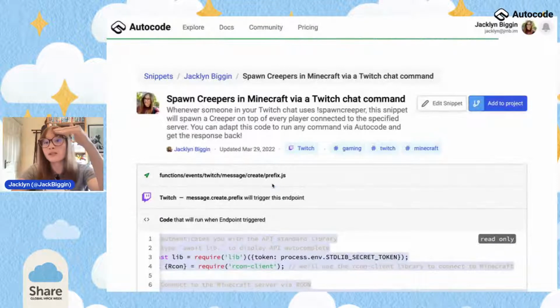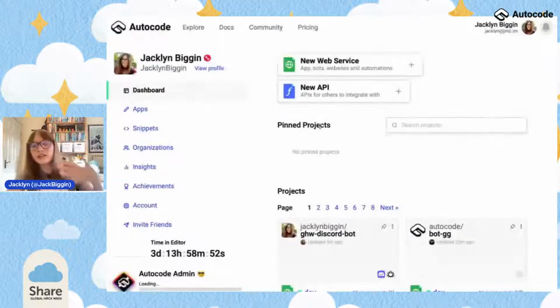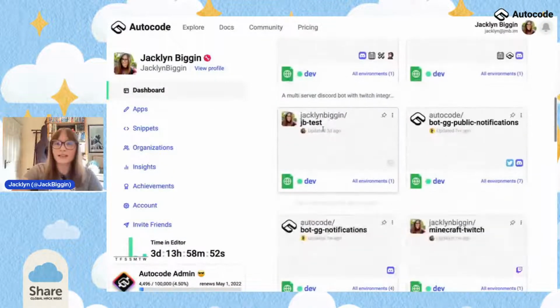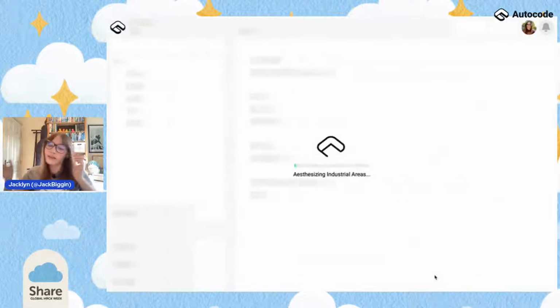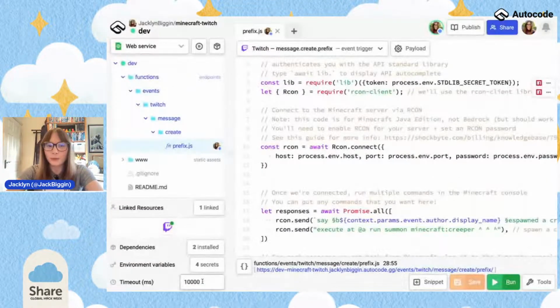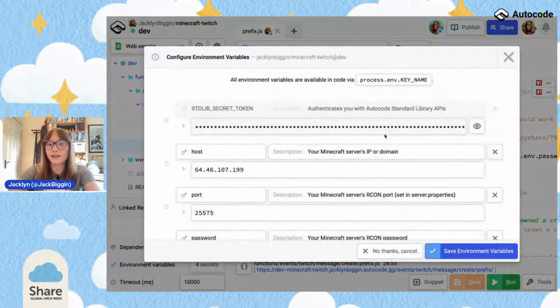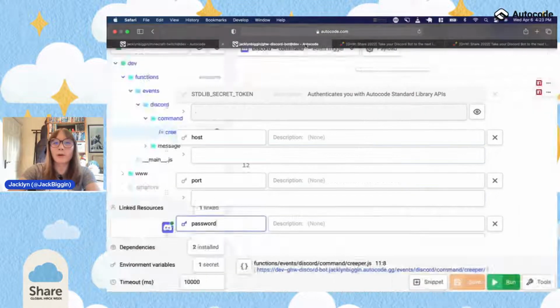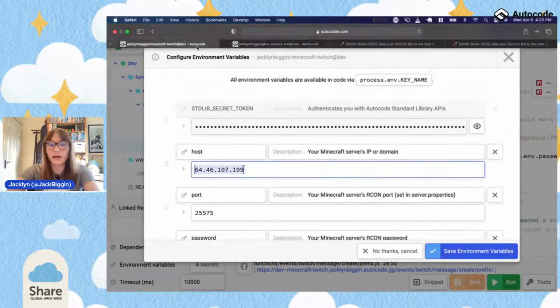Obviously, you're always going to have a slightly different set of environment variables which your bot is going to need. But it is really worth thinking, if you're enjoying building a Discord bot here at Global Hack Week and you think you're going to take things to the next level, which I really recommend, I think it's always cool to go one step further. You want to think, how can I grow my server with this? Or how can I grow my bots? What pieces do I need?